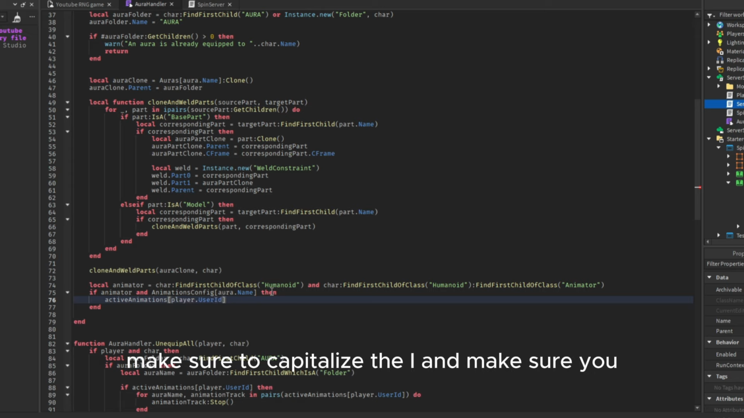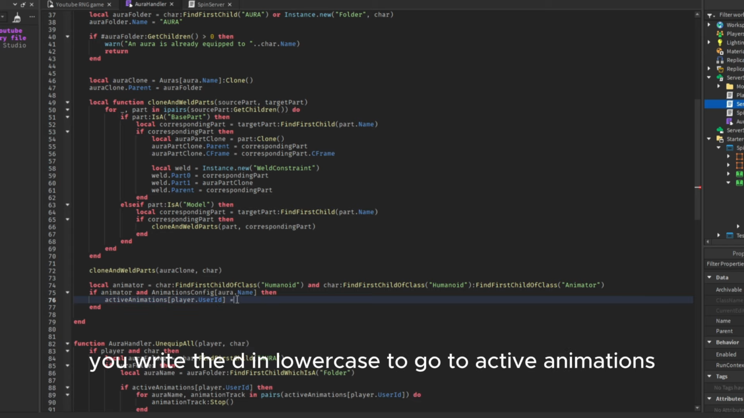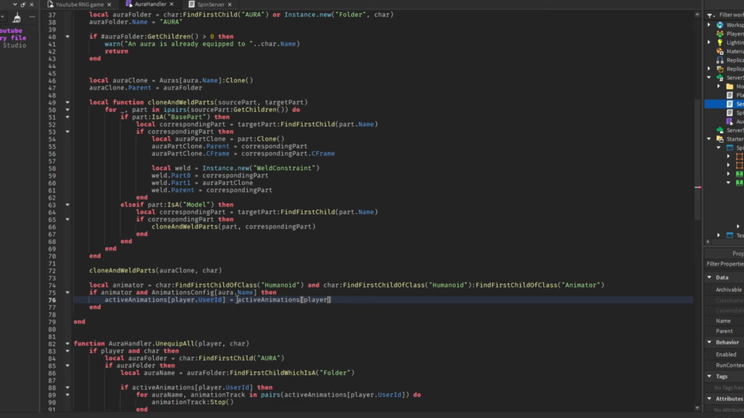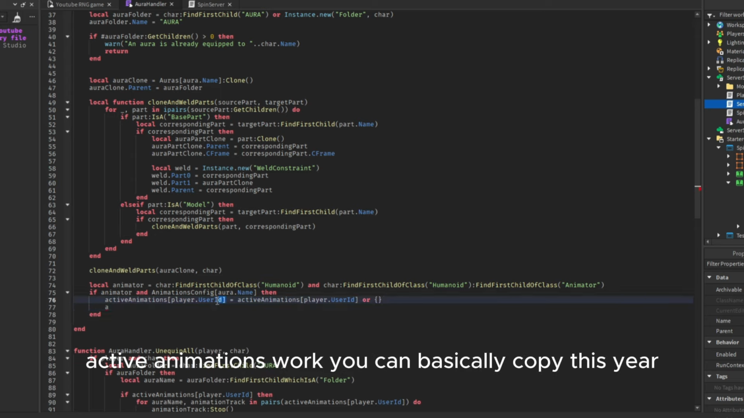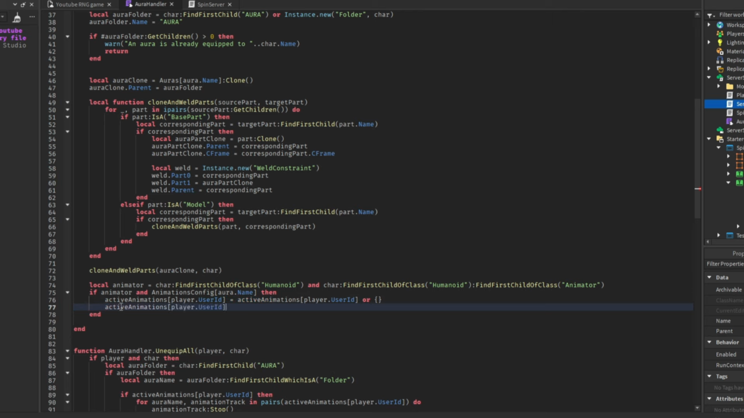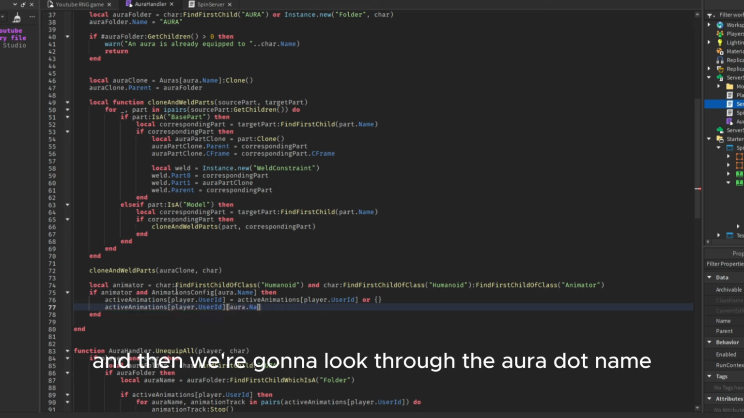Make sure to capitalize the I and make sure you write the D in lowercase. It's equal to active animations player.useID, or just empty brackets. So then active animations, well, you can basically copy this here. Active animations player.useID, and then we're gonna loop through the aura.name